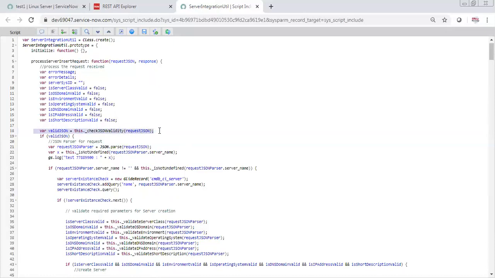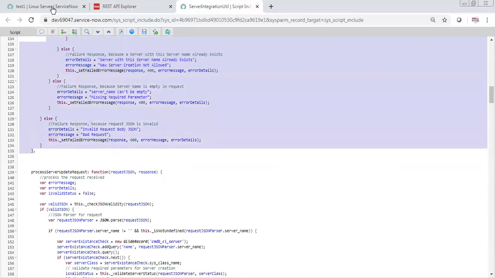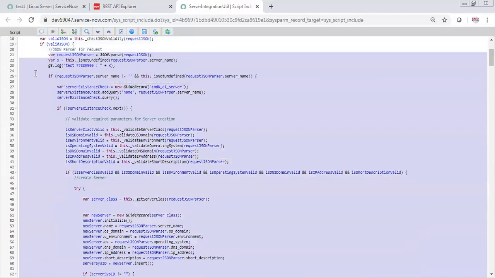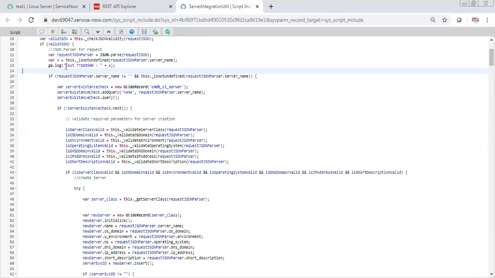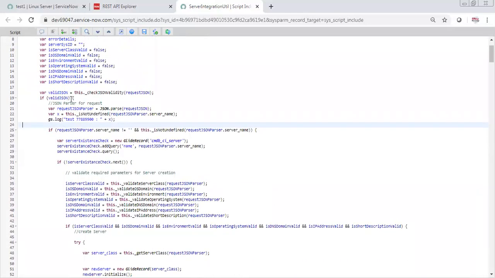First thing you need to check is whether the JSON is valid or not. If the JSON is not valid, then it fails at the first step itself, so send an error message. So this structure you can keep, where you need to put if, where you need to put else. Once the JSON is valid, then you need to pass it through the JSON parser.